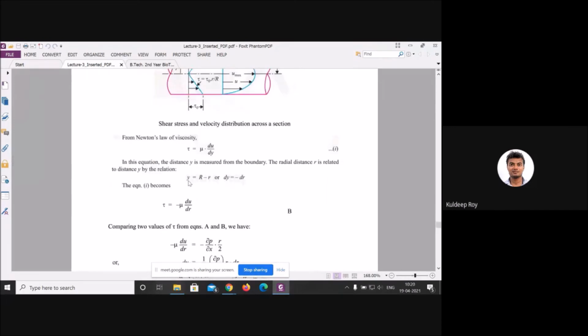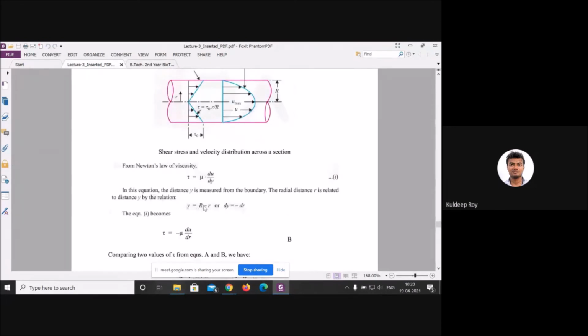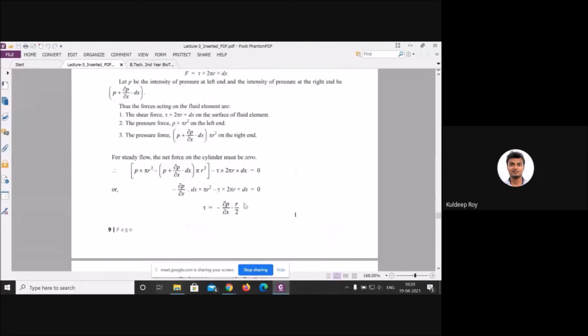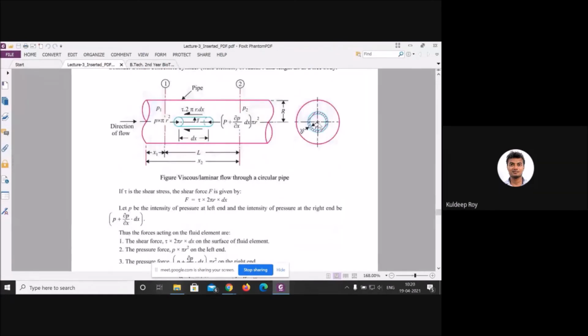Okay. Then y equal to R minus r. What is R minus r? You have defined the segment, this particular position y, in this direction. R is the total height, but r goes up to here only. Up to here only, this much is r. Then how much will it be? R minus r. Okay.